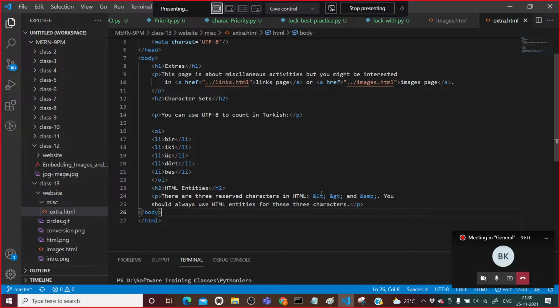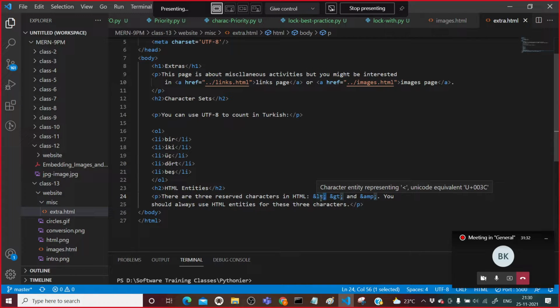And how have you created that HTML entity? By making use of this entity. Here you have written ampersand LT followed by a semicolon. Each HTML entity should start with an ampersand and end with a semicolon.